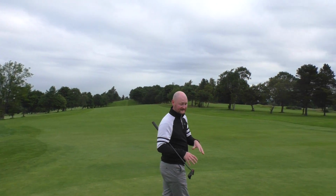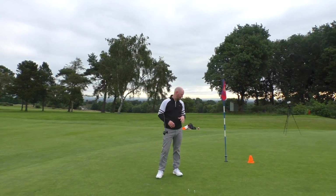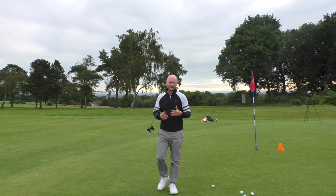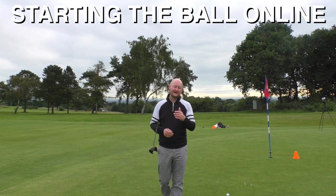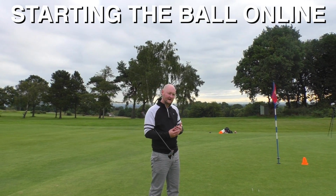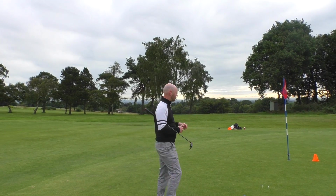And we're here, we're close in now to the hole. And these are the sort of putts that keep your rounds going. This one here is about 10 feet, and we want to try and hole more putts from 10 feet and in. And one of the big things we need to understand is that once we've read it and we can control our speed, we now need to get the ball started on line,